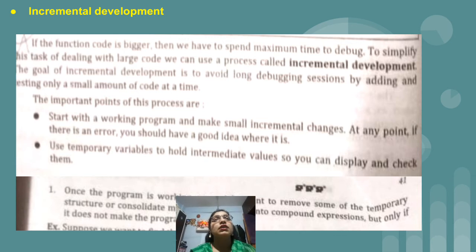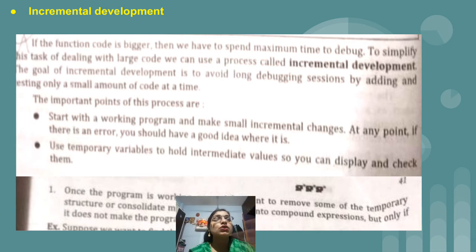If we are not getting the final answer from the printed value, we will come to know that, for example, if we printed the temporary variable after the fifth line and that value is wrong, it is clear that the problem or error is in the previous line only. So we will come to know.